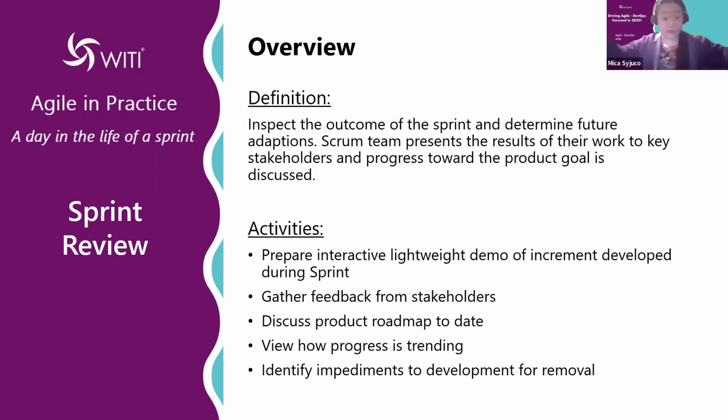Then you say, okay, at the end of 2 weeks, here's the sprint review, right? We want to inspect the outcome. Again, inspect and adapt. A lot of the time, that's really what we're after. We want to inspect the product, we want to inspect the progress, then we want to adapt, right? So look, this is what we came up with. Let's say your sprint goal was to provide a holistic accounts experience, if it's an online shopping application, for example, an online shopping experience. So part of what you're delivering in a sprint is the accounts. Then okay, here, this is what it looks like.